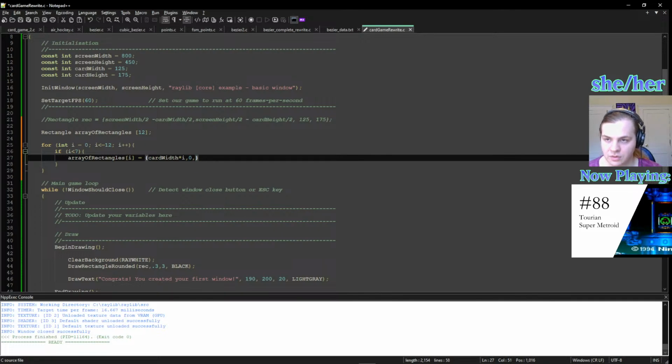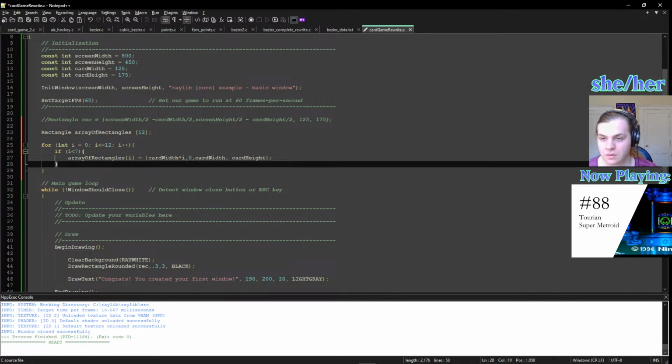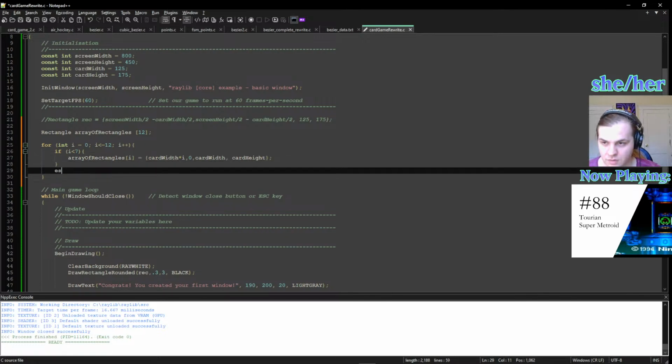Card width times i is 0, card width, card height. Else